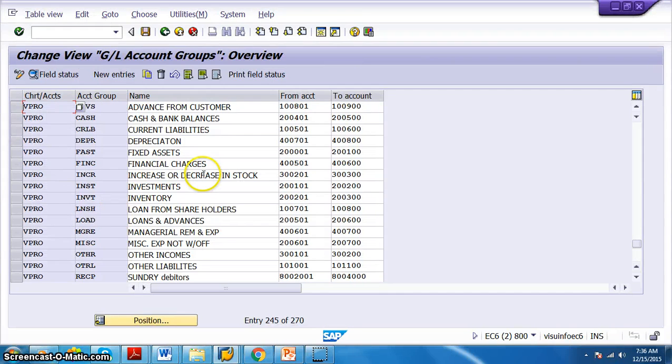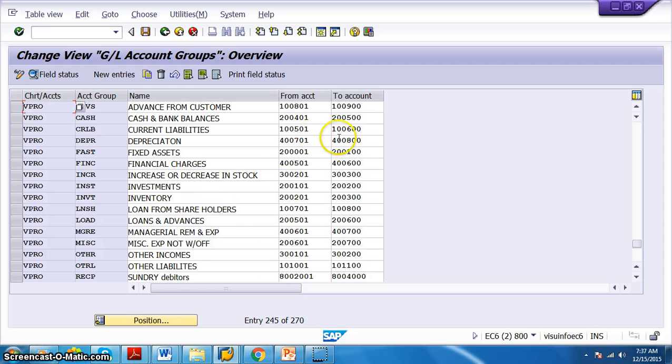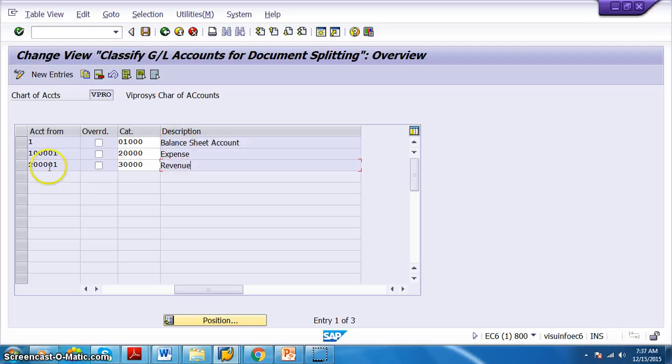Now what we are going to do is, from 1 to 1 lakh is the balance sheet account. 1 lakh 1 to 2 lakhs is expenses, and 2 lakhs to 3 lakhs is revenue. So this is how we are categorizing. All these accounts should come under these ranges. So from 1 to 3 lakhs, this is all 30,000, right? So when I say 30,000,